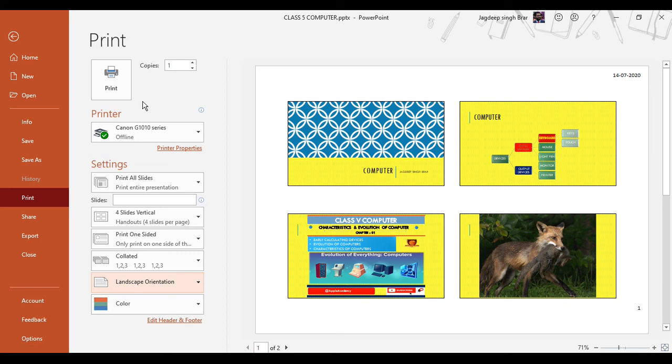Screenshot, how to insert pictures, how to insert screenshots, how to apply different transition effects and animation on the objects of your presentation. At the last, we have discussed the different types of views like normal view and slide sorter view,